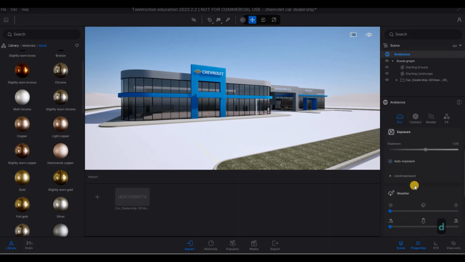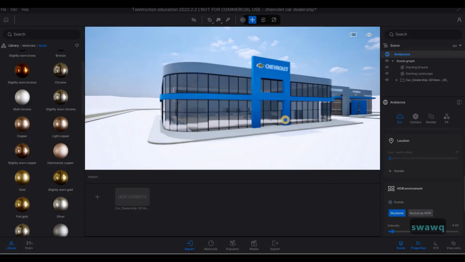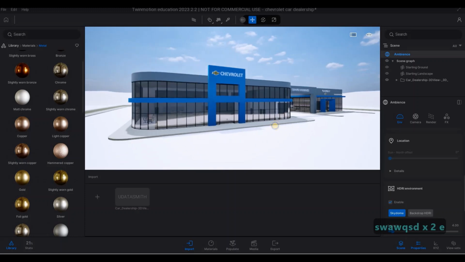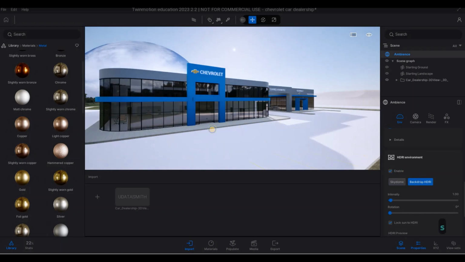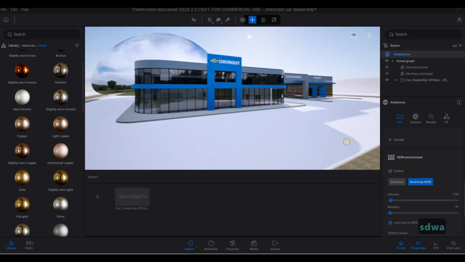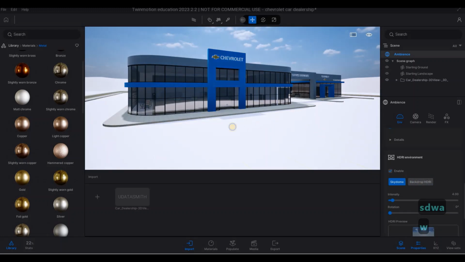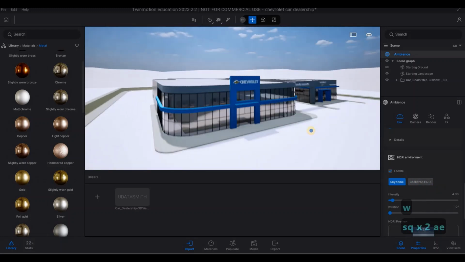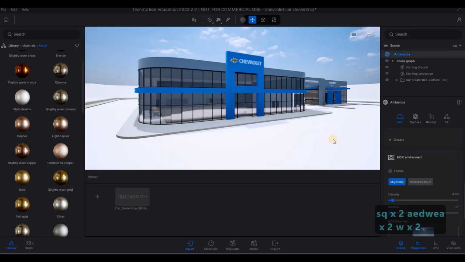Environment, we need to select HDRI environment, enable it. And then as you can see, once you change that, we'll be able to select a background HDRI or a sky dome. So depending on what we want, we'll be able to change that. Also,